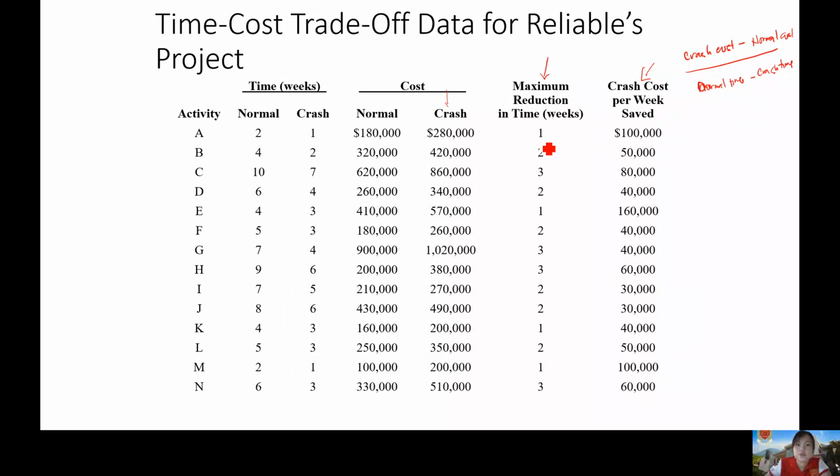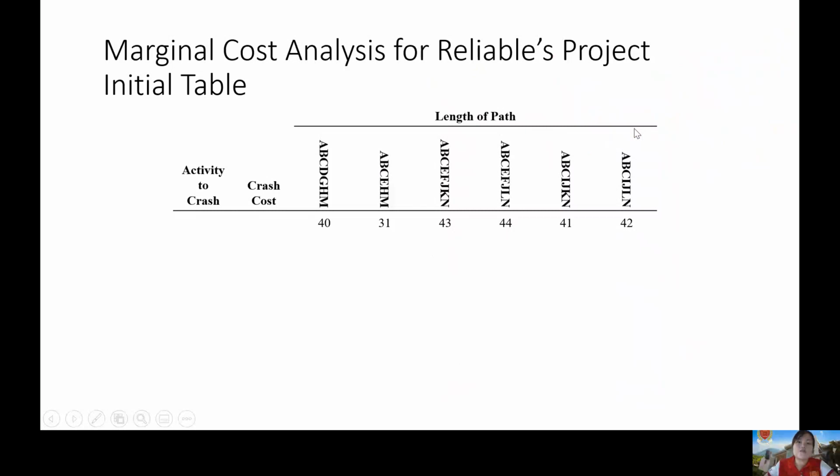formula lang ay 2 minus 1 din. Okay? Or normal minus crash. That is crash cost minus normal cost over max reduction. So, yun yung formula for your crash cost saved per week. So, yung crash cost saved per week na yan, since identified nyo na kanina yung inyong critical